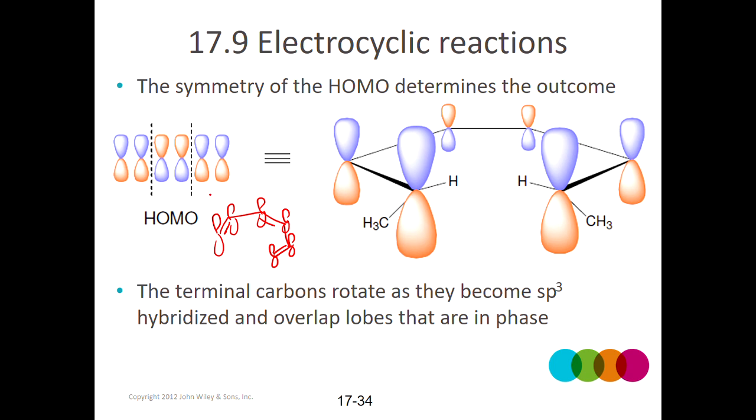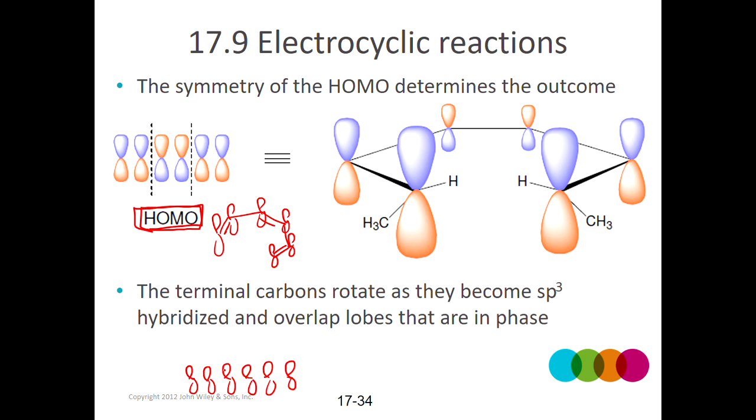We want to focus on the HOMO, the highest energy one, right? Those are going to be the electrons that benefit most from switching from a pi bond to a sigma bond. And so it's the highest energy electrons that we want to focus on, right? So how do we know what the orbital's wave sign should be? Well, in the lowest energy one, as we said,